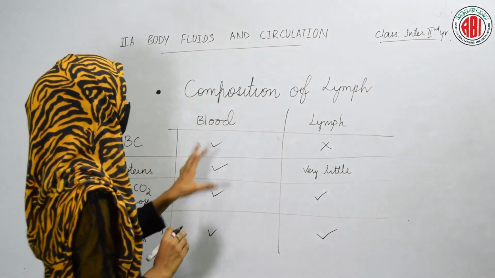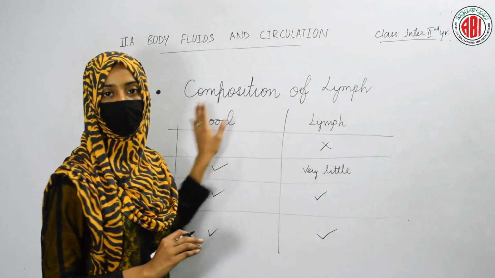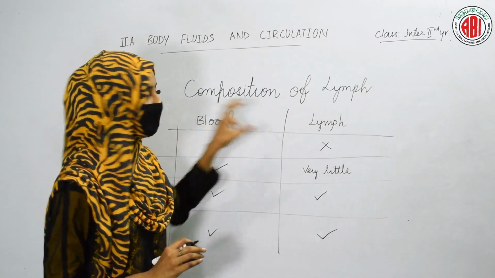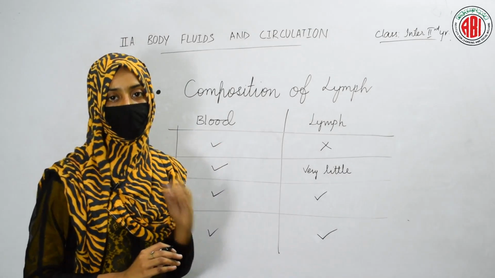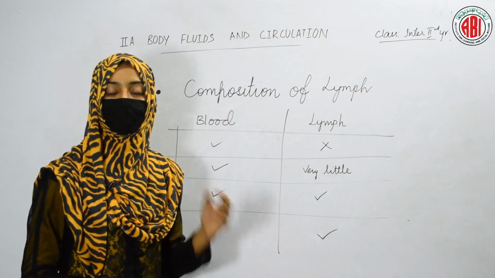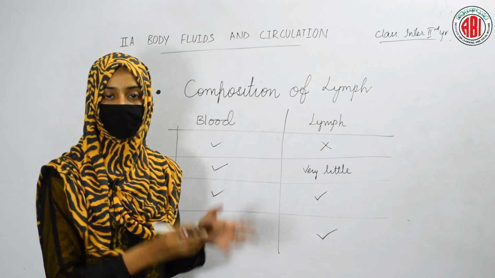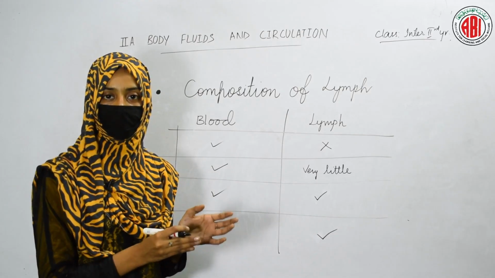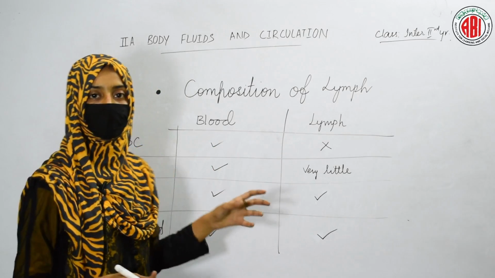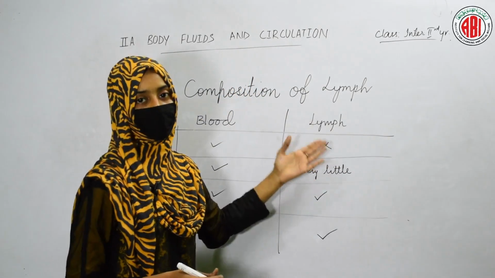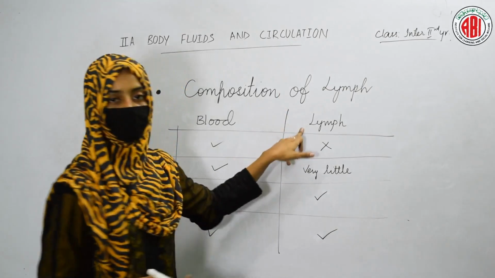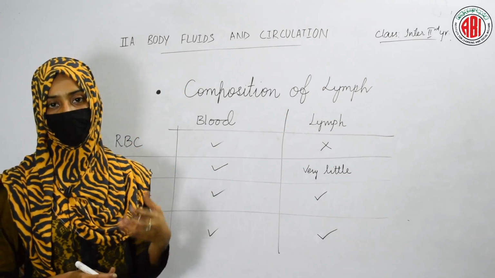So the difference between the blood and the lymph is that blood is with red blood cells and lymph is without red blood cells, and lymph is a fluid which is almost similar to the interstitial fluid. That interstitial fluid, or tissue fluid, is only the lymph. Once that interstitial fluid enters the lymph vessels, we call that fluid lymph. And in the lymph, you can find a larger number of monocytes.